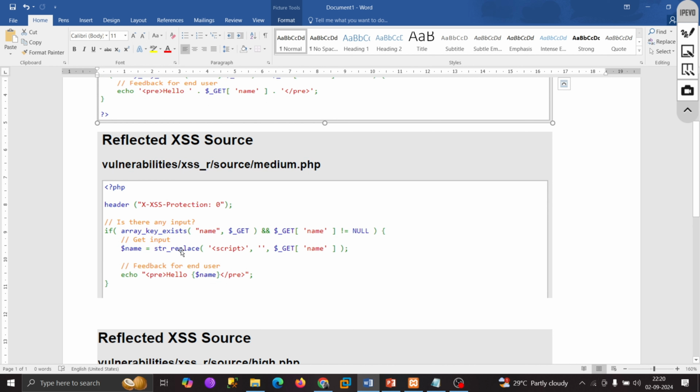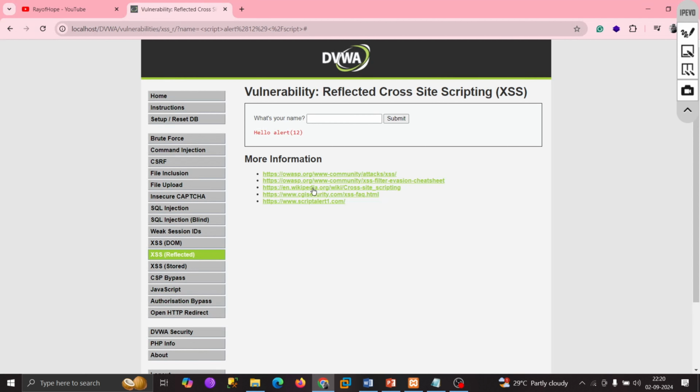can you see they are using string replace, right? So this is what this is doing. This script, it is just replacing with nothing, right? But you can see that they have written it in small characters. What if I use the same payload and change this to